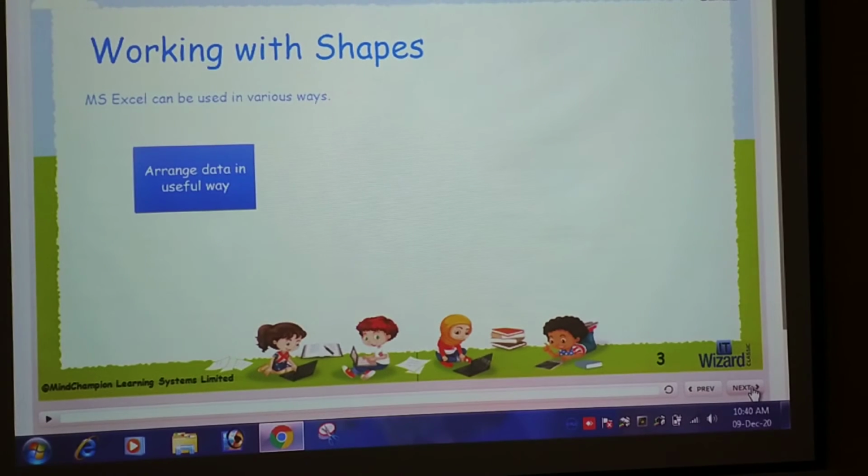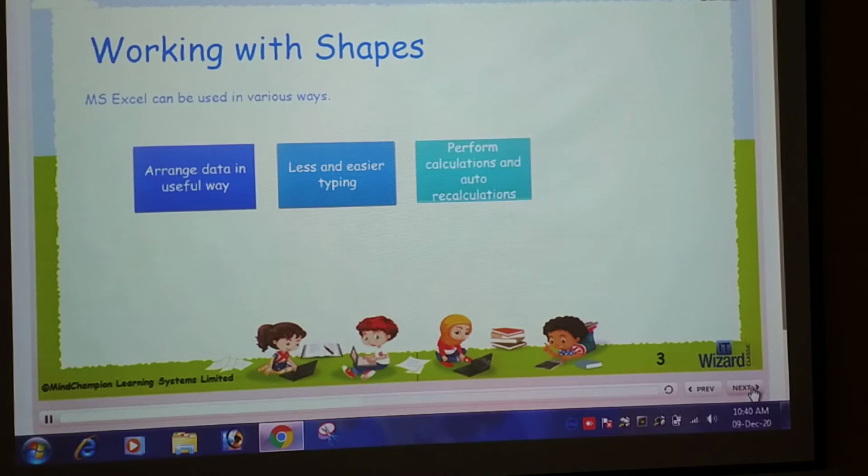Microsoft Excel can be used in various ways. First is arrange data in a useful way. Second, less and easier typing. Third is perform calculation and auto recalculation.